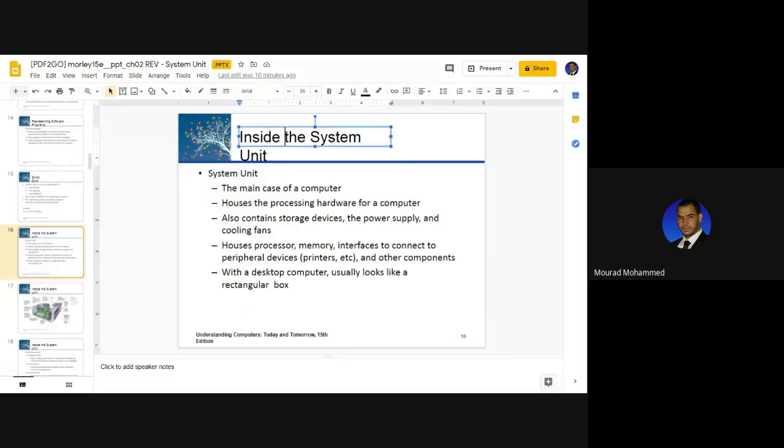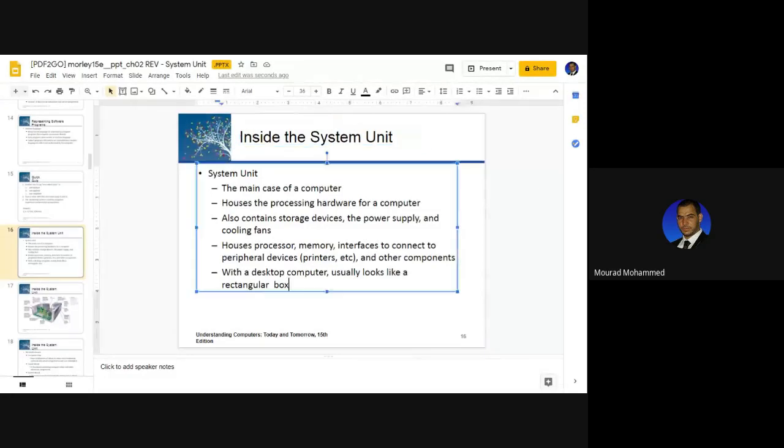Still talking about the computer case, which is the system unit. Let's go inside the system unit now. To put you in the frame, we talk about your personal computer at home, your desktop computer. The system unit in a desktop computer is mainly a box-like hardware component, in the shape of a rectangle at the end of the day. It is a box that holds all the needed peripherals, either internal or external,